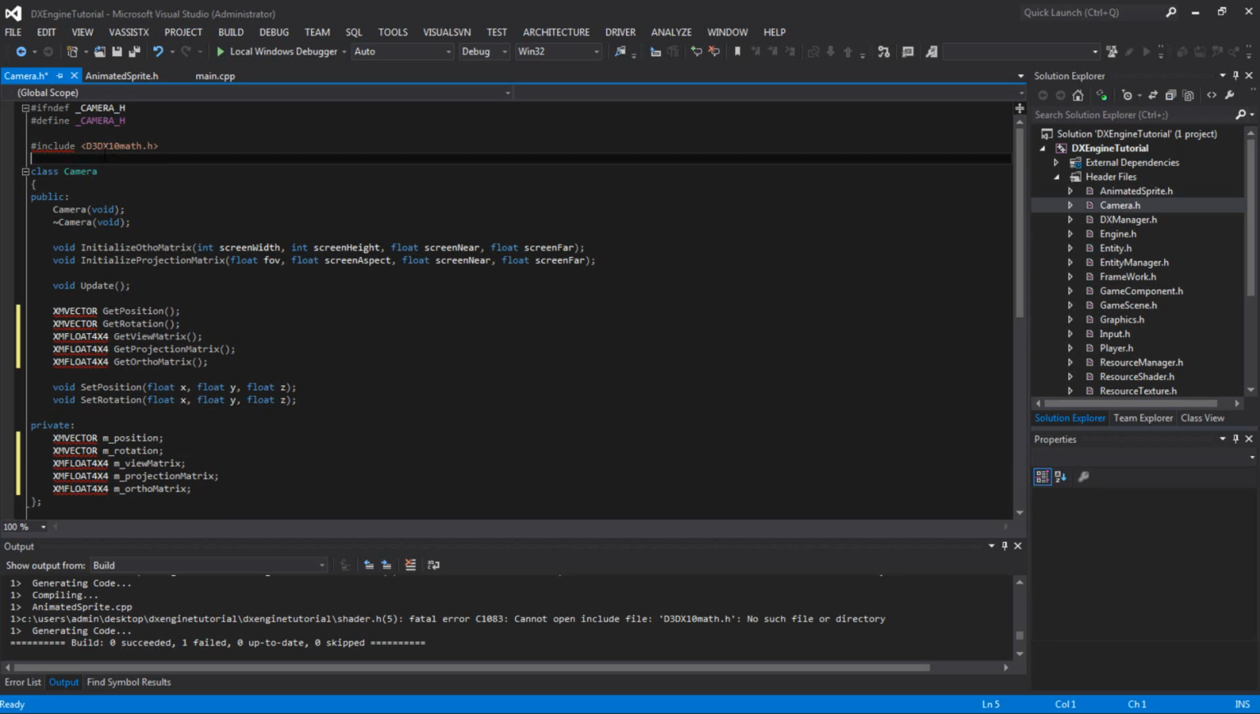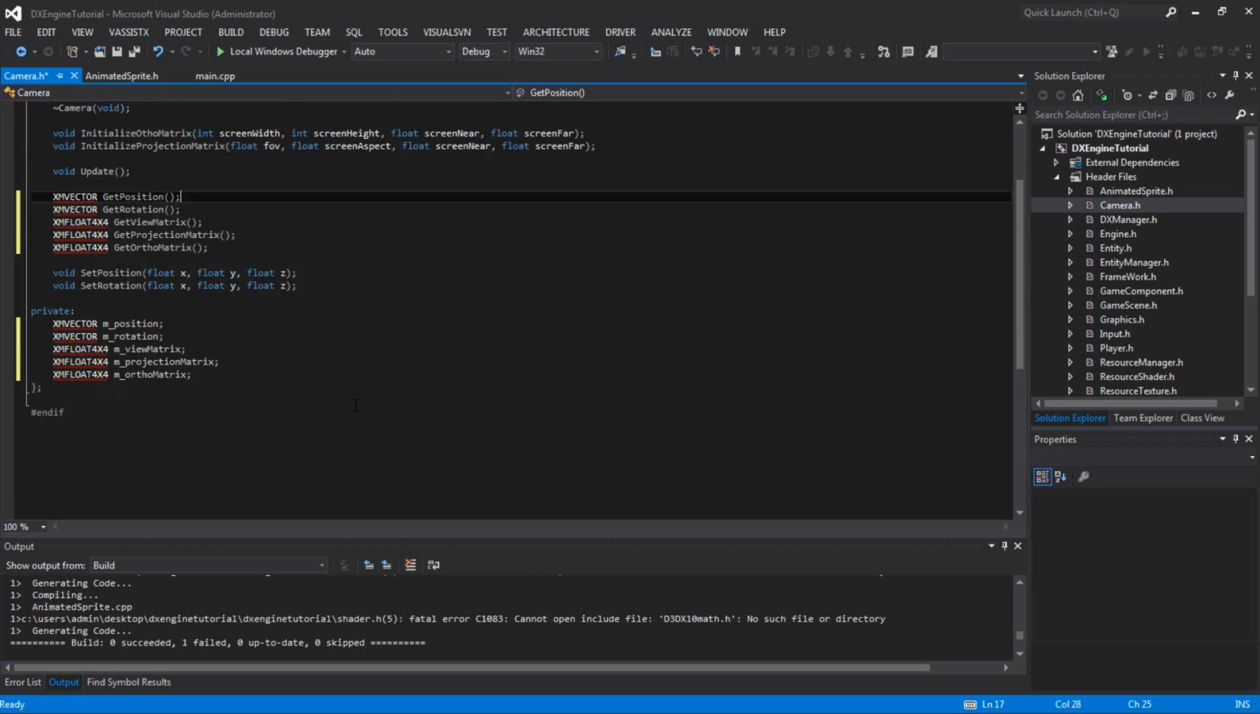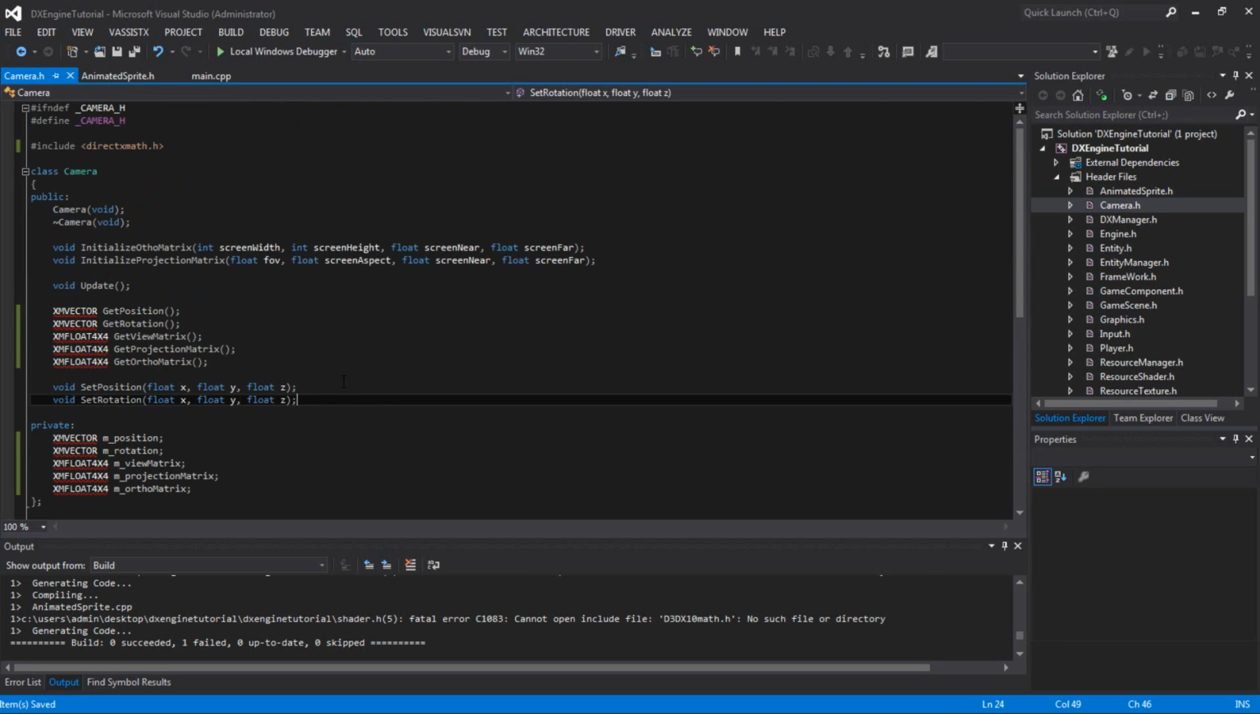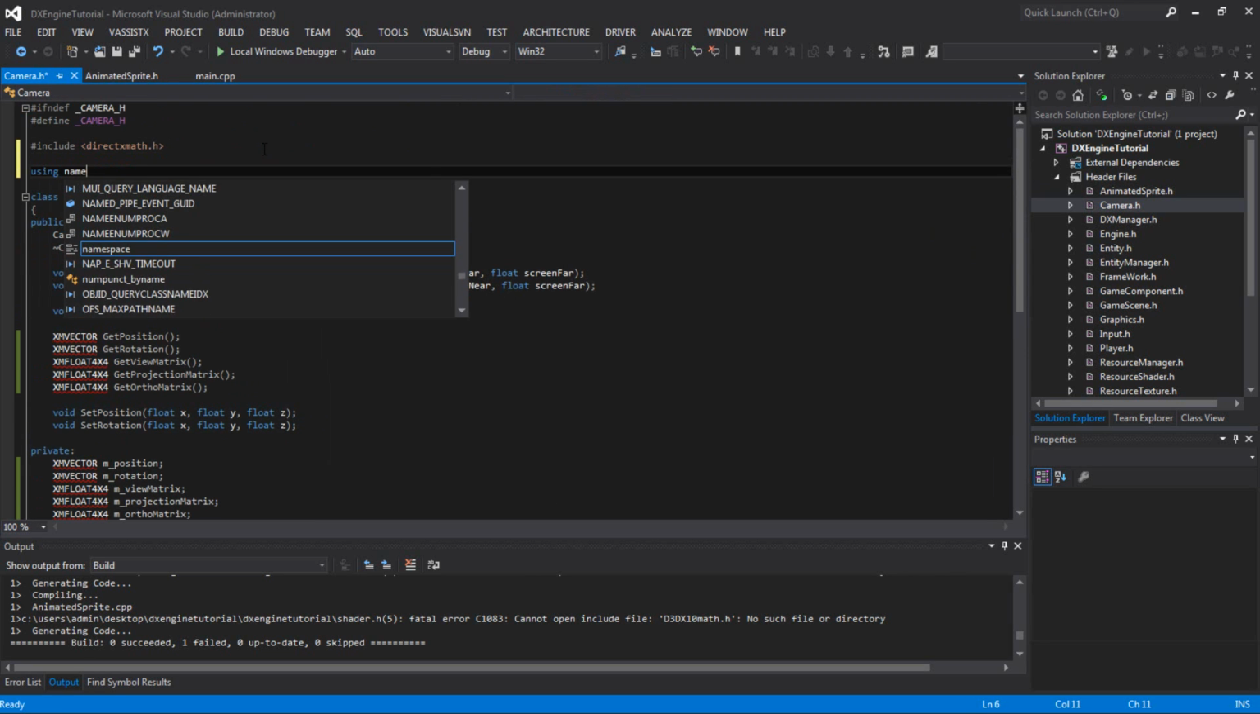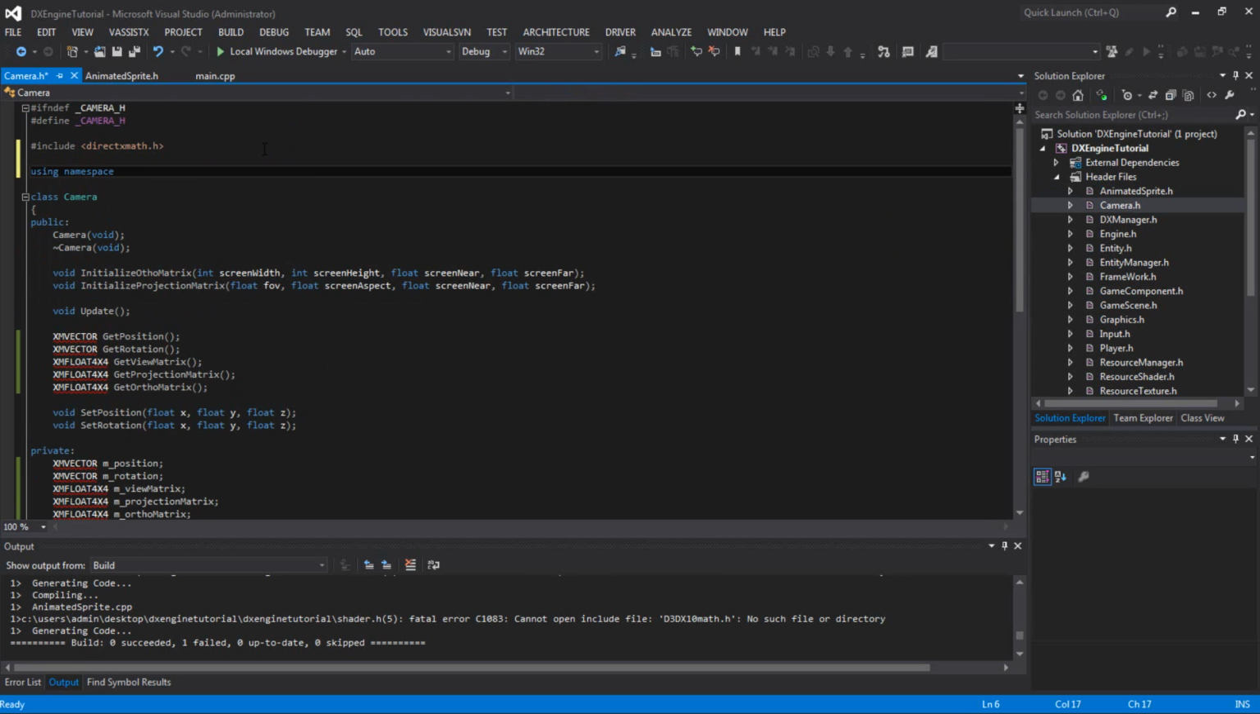And for the include, it's not D3DX 10 math.h anymore. It's just called DirectX math. Let's see what else. And in here, you want to call a namespace that is using. It's called using namespace, and it's called DirectX,